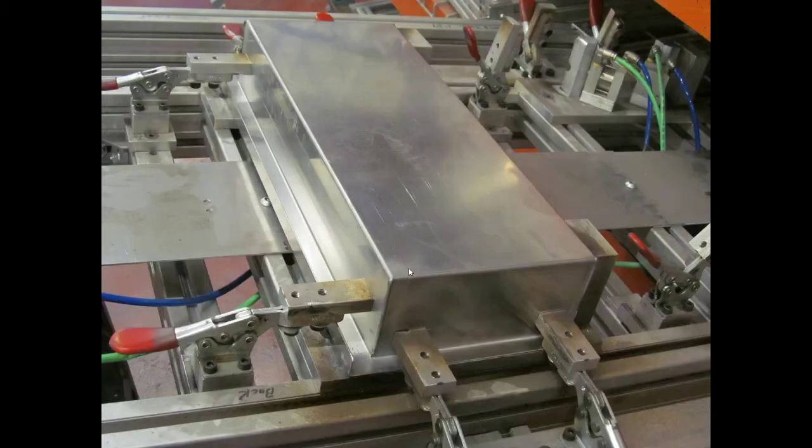So let's look at the real fixture. Here it is. You can see the grease reservoir. You can see the toggle clamps. Like I said, he uses toggle clamps with the horizontal face on them. We can't really see in very well. I guess you can right there. There is one of the pistons that is pushing into the corner